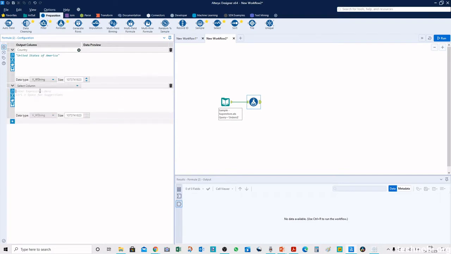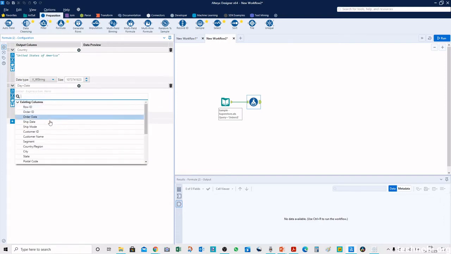We will add another column and here we will rename it as Day plus Date. So in this column, if we click here, it will show what all fields are there.